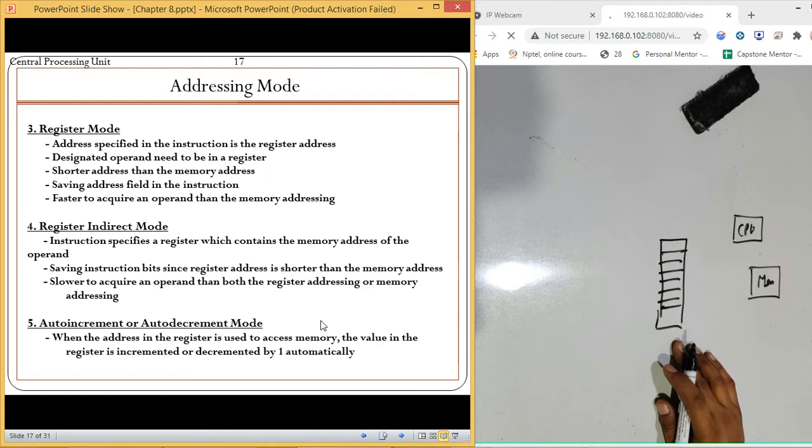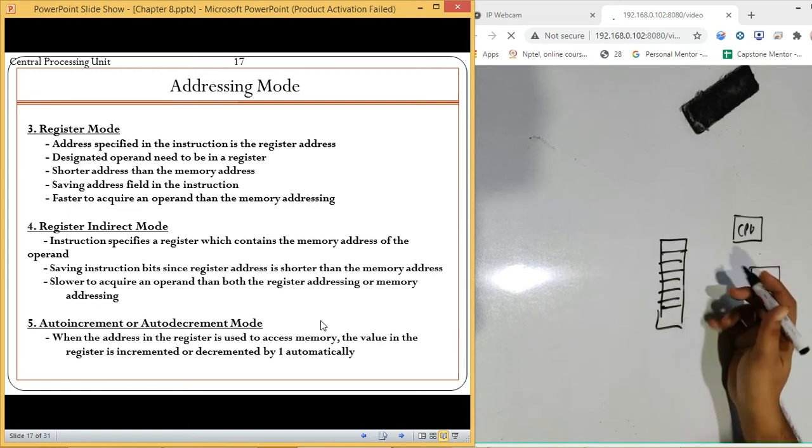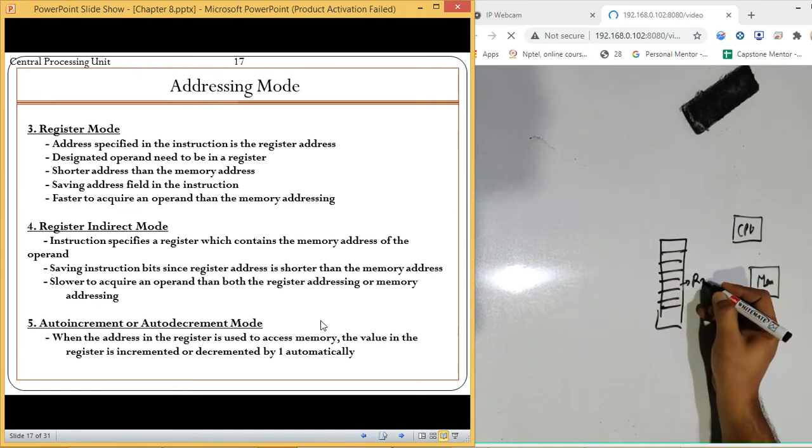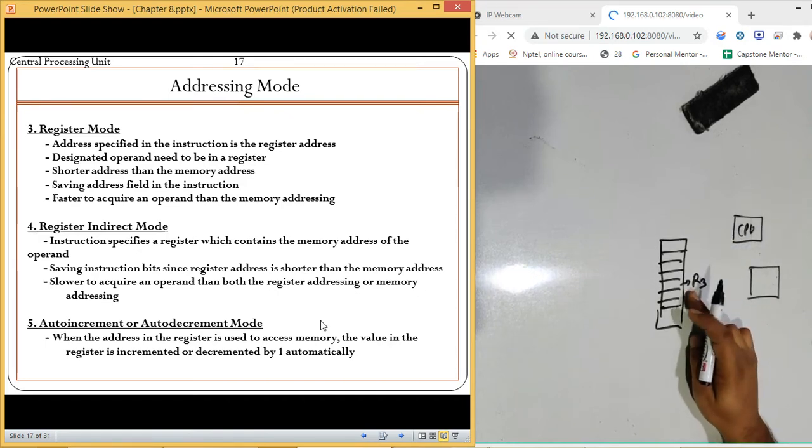Instead of giving the address of memory, we give the address of a register. Like if this is register number 3, instead of giving any location inside the memory, we give the CPU the address of a register in which it will find the content. So that is your register mode.